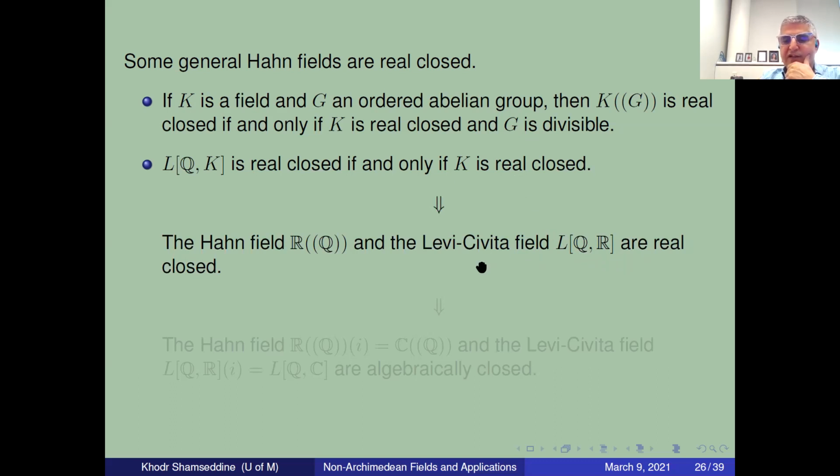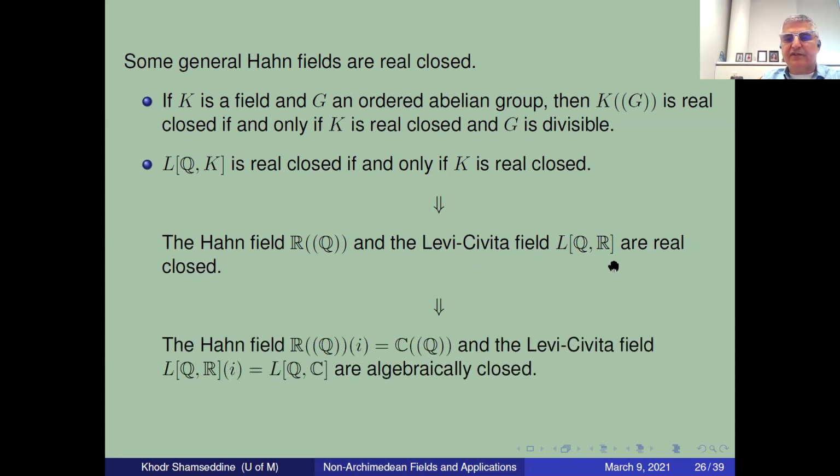And this in turn entails that the complex versions of these fields, namely the Hahn field R of Q of i, where i is the imaginary unit, which is the same as C of Q, replacing R by C, and the Levi-Civita field L of Q of R of i, which is the same as L of Q of C, replacing R by C in this field, are algebraically closed. It is these two Levi-Civita fields, L of Q of R and L of Q of C,